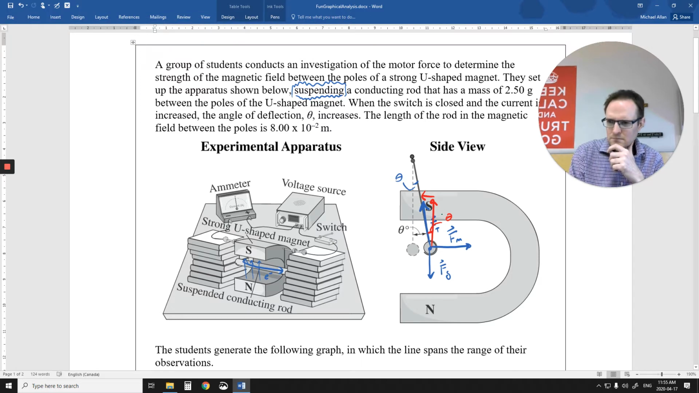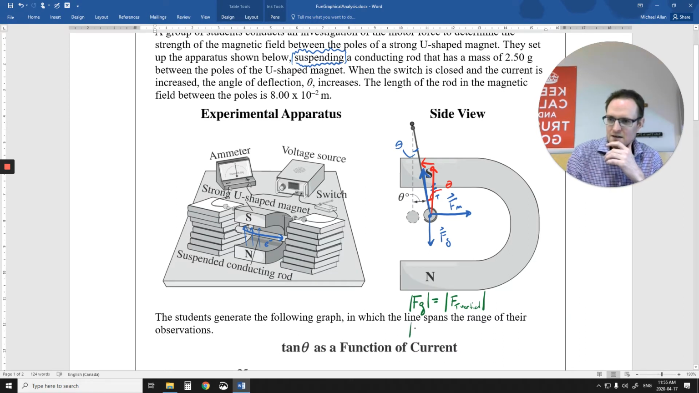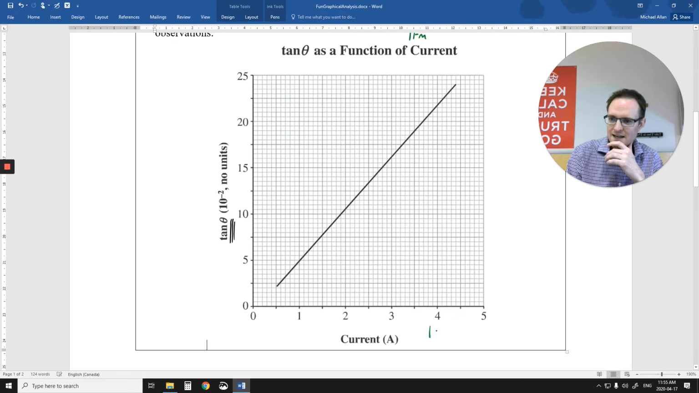So we have gravity going down, but that means this must be equal to the vertical component of the tension. They must be equal to each other, because they have to cancel each other out. And then I could also say that the force that's pulling it sideways,